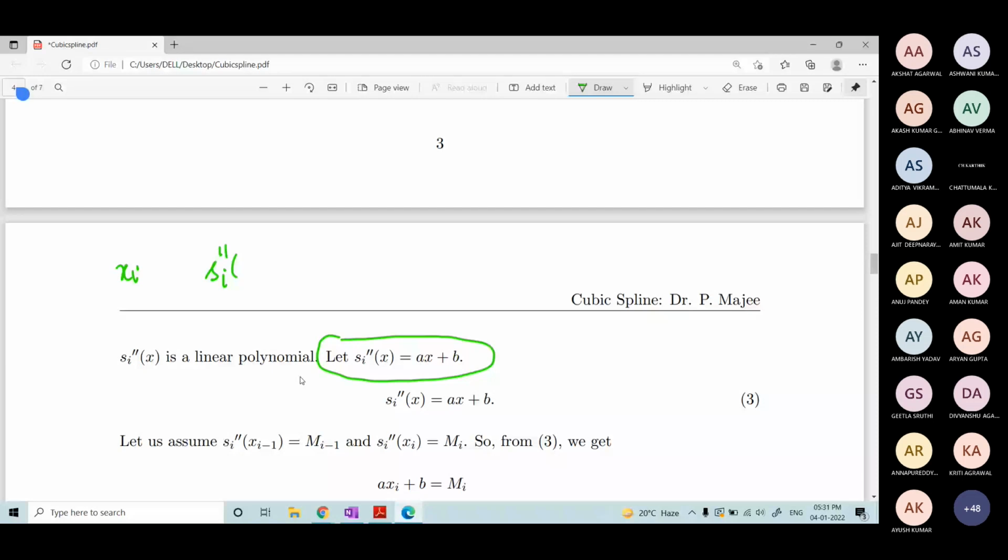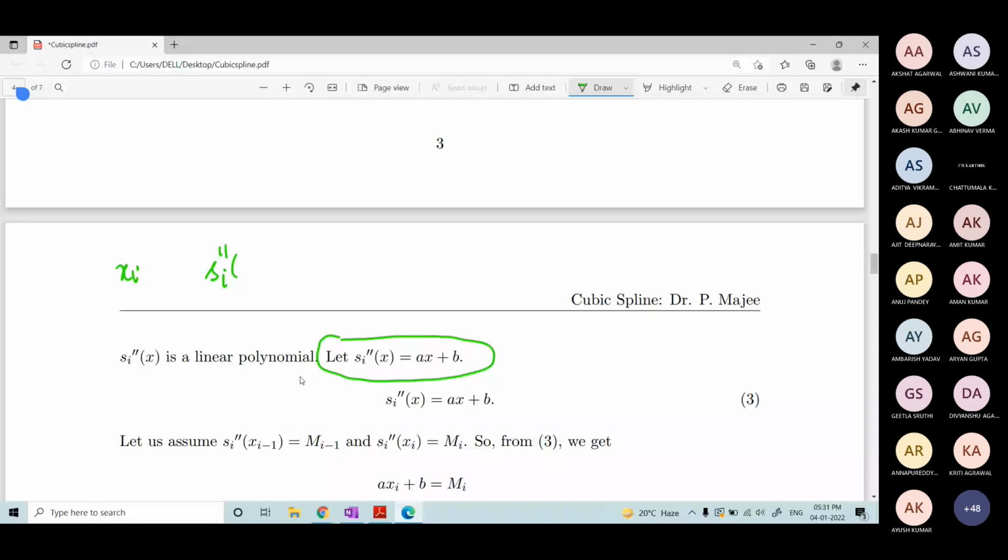Okay. So if you want a natural spline, what is the shape of the curve at the beginning point and what is the shape of the curve at the end point? By natural spline we mean the shape of the curve will be a straight line at the beginning data and a straight line at the end data. That straight line condition is given by double derivative equals 0, because for a straight line curvature is 0 and curvature is given by the double derivative. So m0 equals 0 equals mn; these conditions will be provided for natural spline.